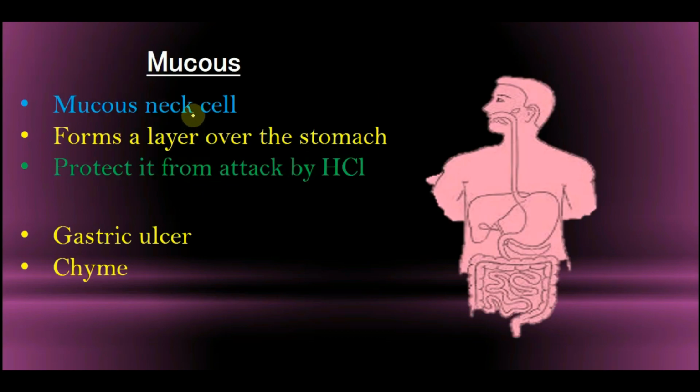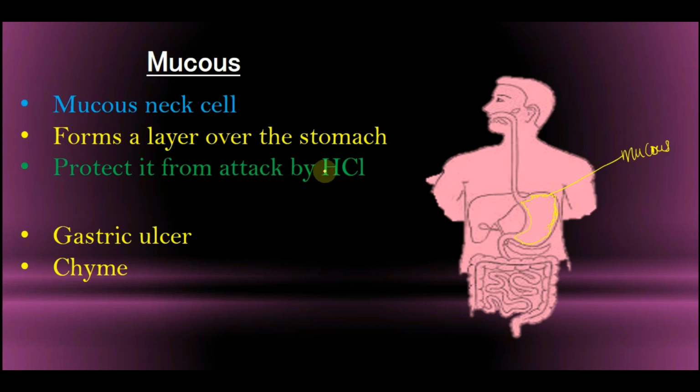Then the other thing there is the mucous cells or the mucus. The mucus is produced by the mucous neck cell and it forms a layer over the stomach. If you look at the stomach, there is mucus around the inner part of the stomach. So this in yellow is called the mucus. It forms a layer over the stomach,